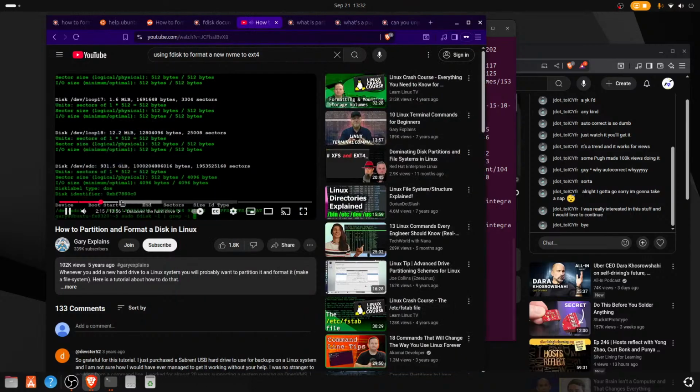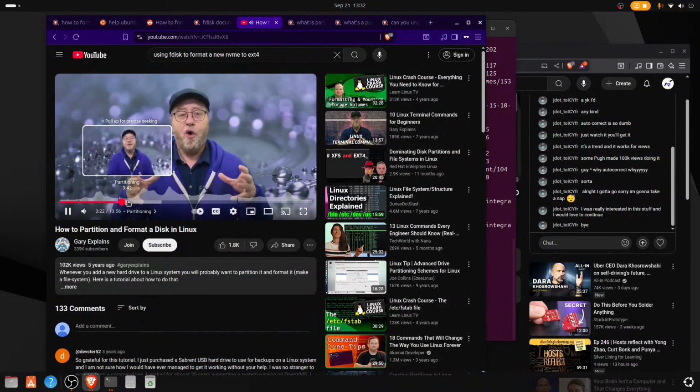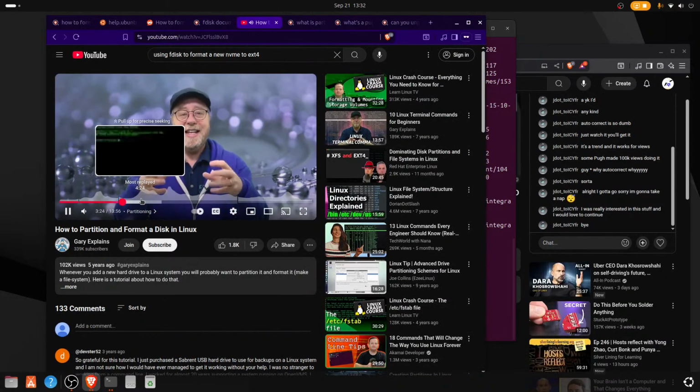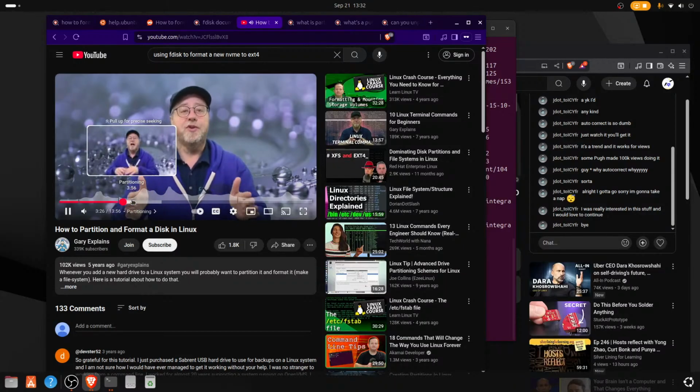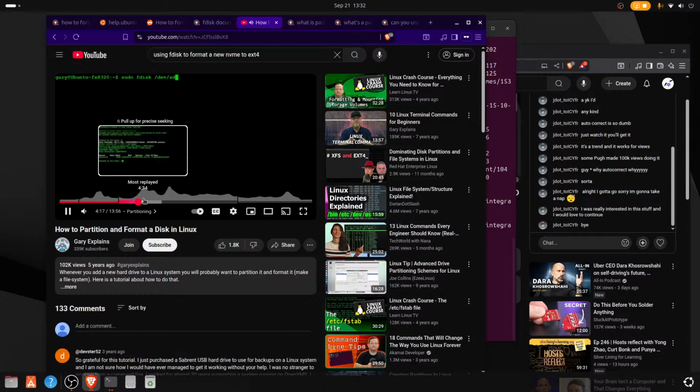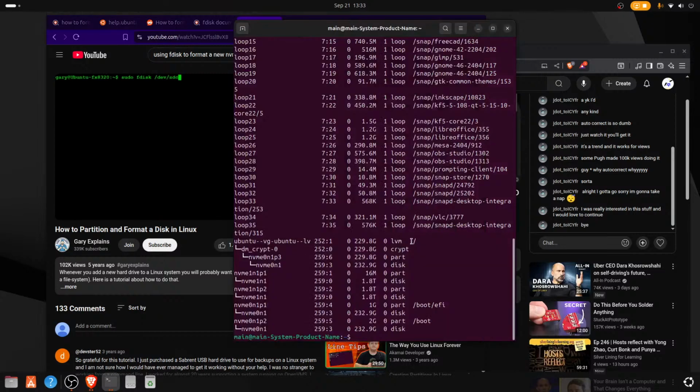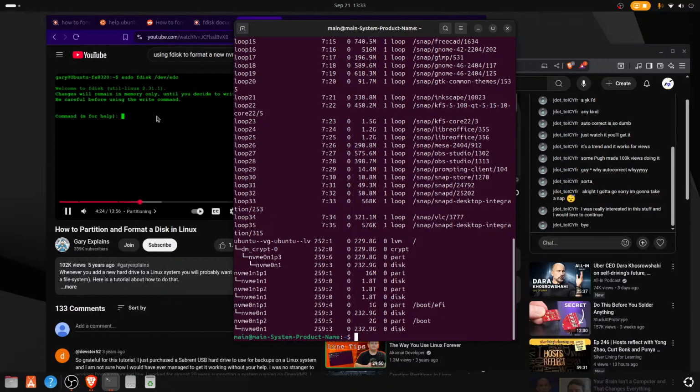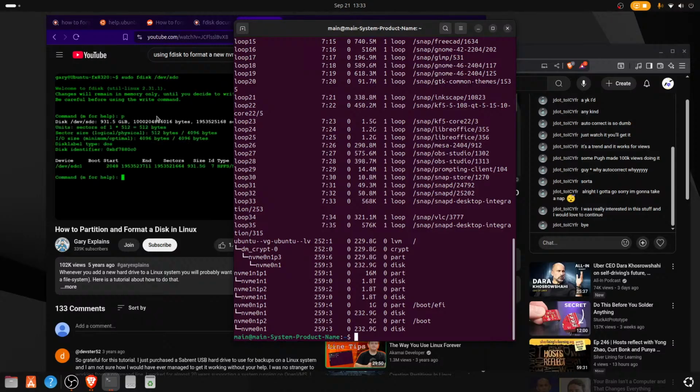I think I'm just going to keep going forward. Partitioning means to take that raw block of all that data that's there and actually say, I want to have this used. Disk /dev/sd, what was it? It was C that we were looking at. That goes into the fdisk utility and gives us command M for help. If you do P for print, that will print out some stuff